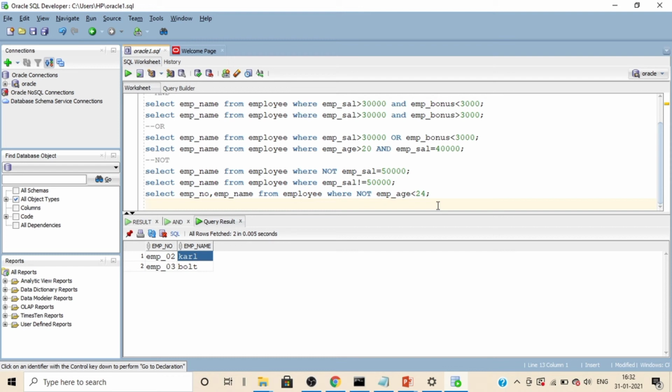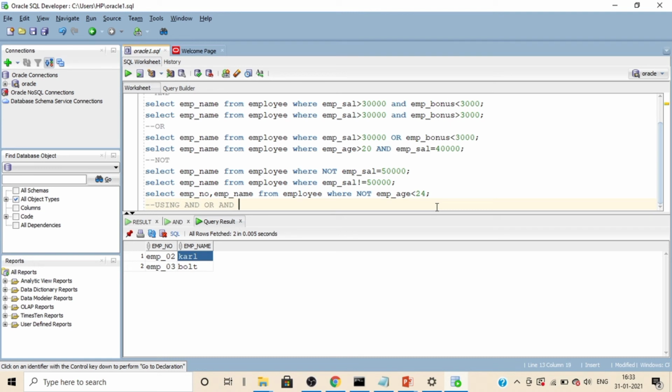Now we'll try to frame a query using all logical operators that we have studied before, that is to frame a query using AND, OR, and NOT. Suppose we want to retrieve all the employee information from the employee table who are having the age greater than 20 and salary equal to 30,000, and we'll separate this inner condition with OR as not salary equal to 25,000.